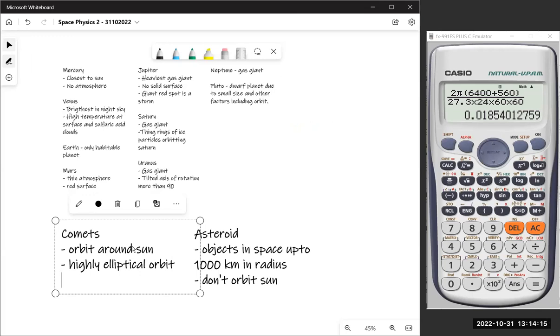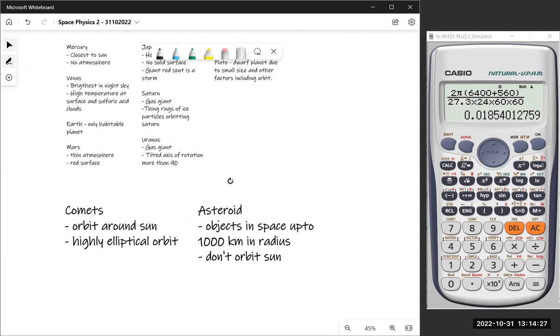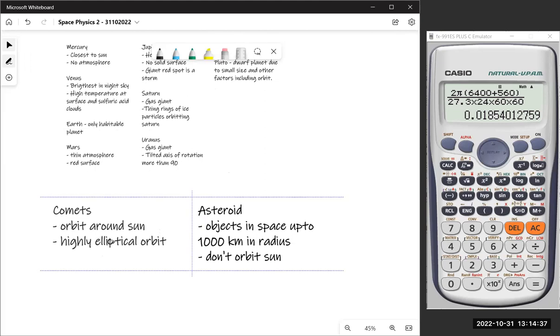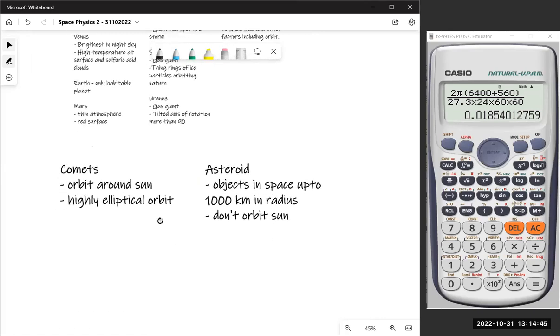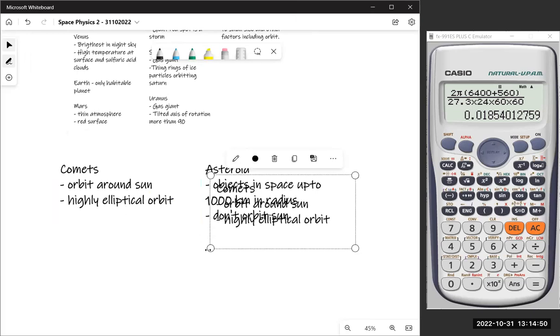Shooting stars are actually meteors, meteorites, not comets. Now, shooting star is not a scientific terminology. Anything that is moving very fast in space is basically a shooting star. When you see it in the sky moving very fast, you call it a shooting star. Comets look like shooting stars, yes, but those are meteors. Meteors are falling on Earth, so that's different. Look at the difference between meteor, comet and asteroid.